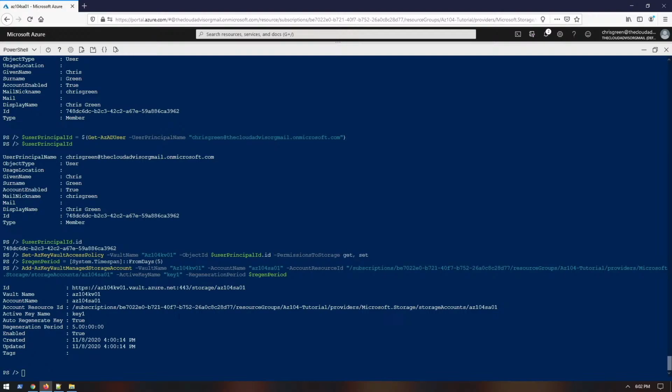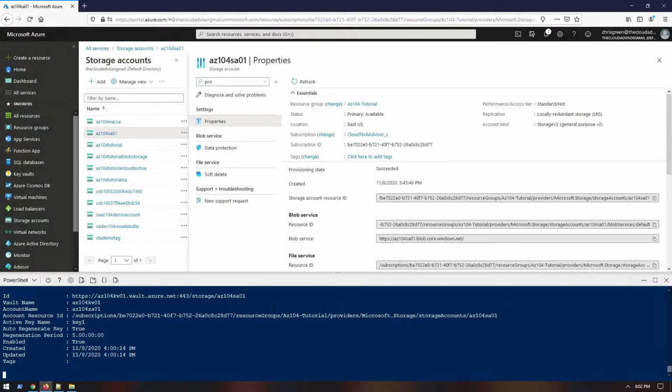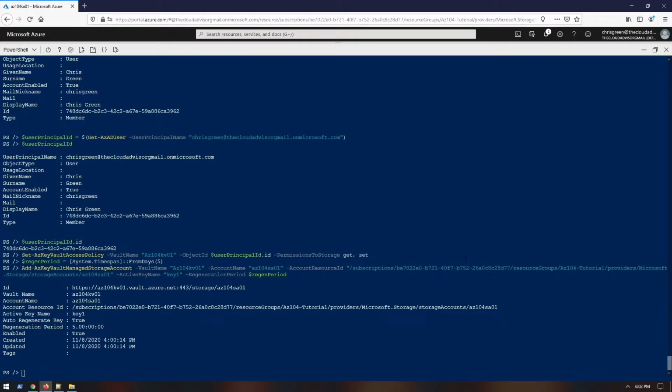Now let's have a look what we have done here. So we have a vault name and storage account. The first key for the storage account, we have auto-regenerated key on true and regeneration period for 5 days. This means that Key Vault will change the K1 every 5 days. So this was the objective of this video, to understand how to manage storage account keys in an effective way,